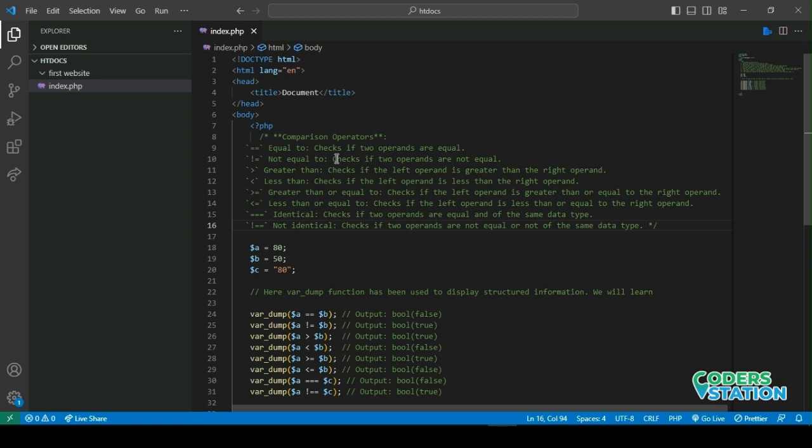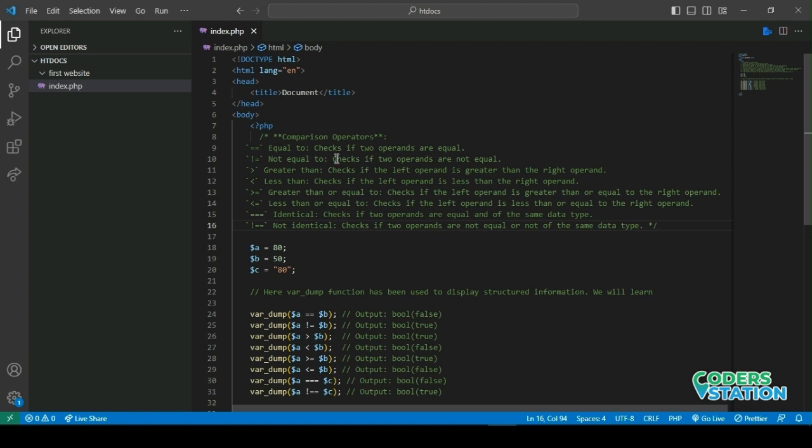Greater than, if the left one is greater than the right one, and less than, if the left operand is less than the right operand. Greater than or equal to checks if the left operand is greater than or equal to the right operand, then it gives the output as true. And less than or equal to,